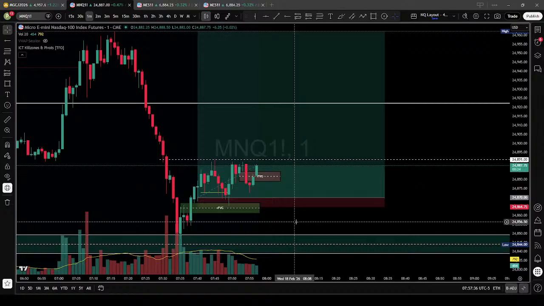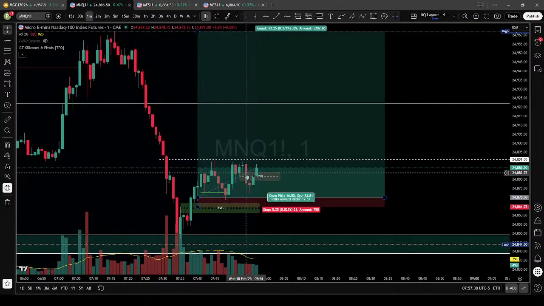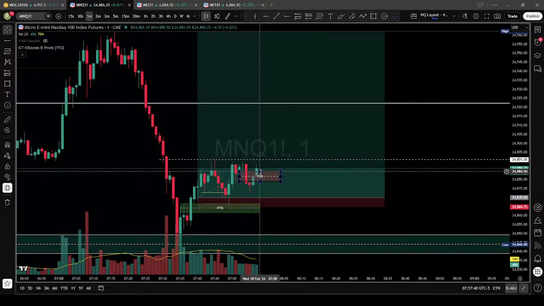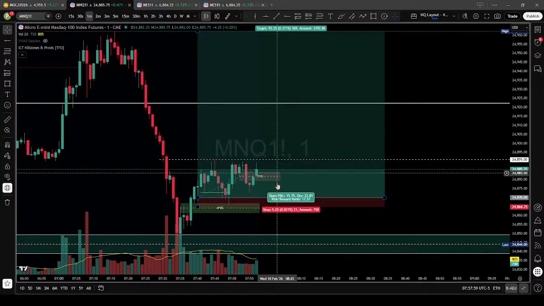But there's one thing that I'm also noticing, that even after these fair value gaps getting inversed, the price is not moving higher. That is one of the concerns. We might see volatility at 8, which is in 2 minutes. It could just